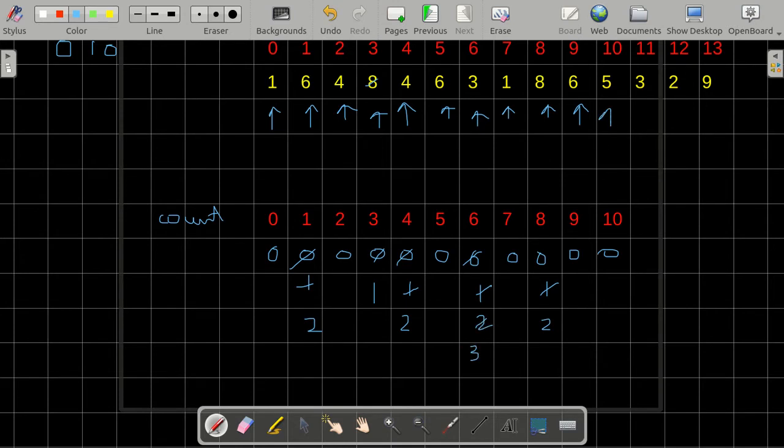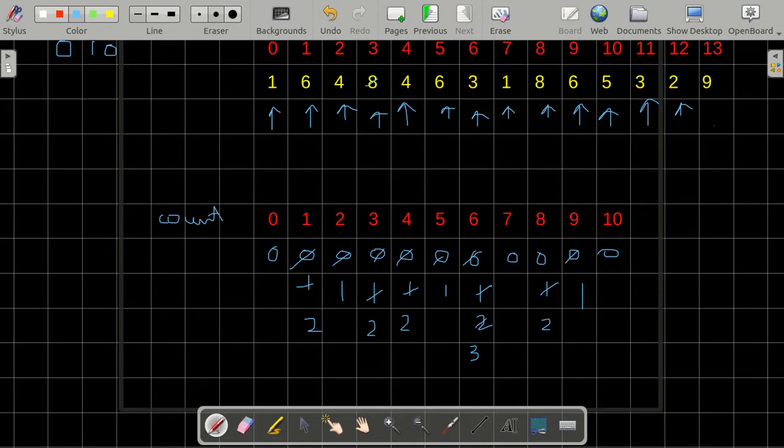For element 5, index 5 becomes 1. For element 3, index 3 becomes 2. For element 2, index 2 becomes 1. And for element 9, the index 9 becomes 1.